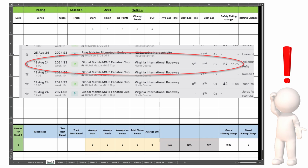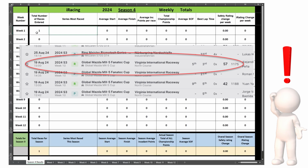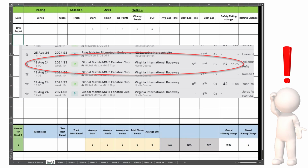buzzing at all. So we put the date in here, and on that particular race, it was the 19th of August. Right in there. Boom. You see already, we've got one race has been marked. If we go across to the weekly results, it's updated there. That's cool, isn't it? And then in here, you can put the series in, which was the